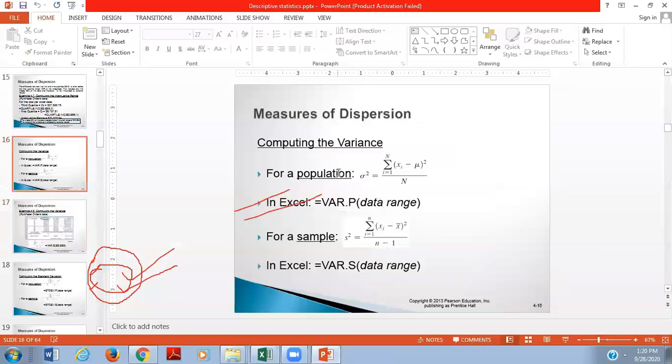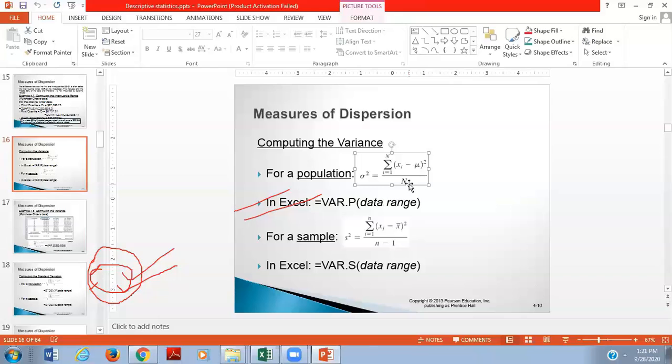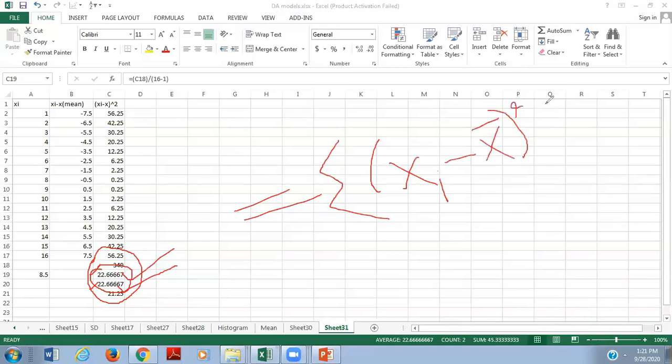That is for population, sigma square. So for population it's n, only total populations, and if it is sample then it is n minus 1. Just here also, the first formula that we have used for our calculation purpose was for the sample. Sample means we have used the formula summation xi minus x bar whole square.